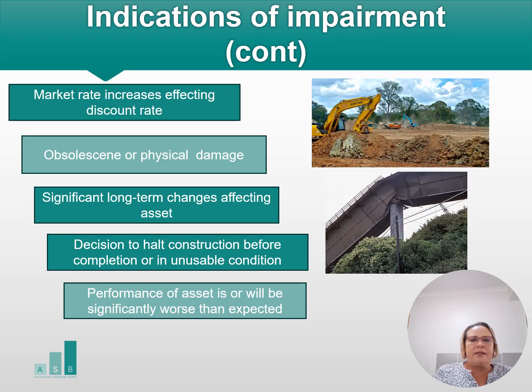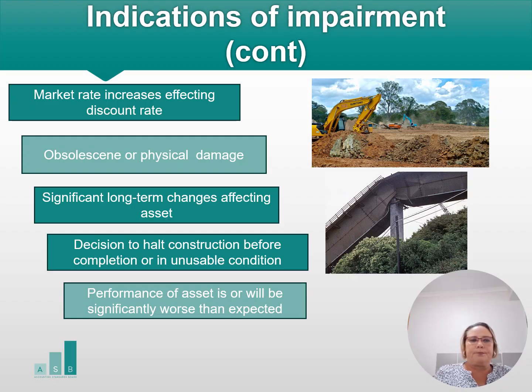Following from the previous slide, other indicators of impairment include market rates that have increased, and those increases are likely to affect the discount rate used in calculating the asset's recoverable amount or recoverable service amount. Obsolescence or physical damage of an asset that results in a permanent or significant decline in the service potential or the ability of the asset to generate future economic benefits. For example, a vehicle that is in an accident and that can no longer be used to deliver a service